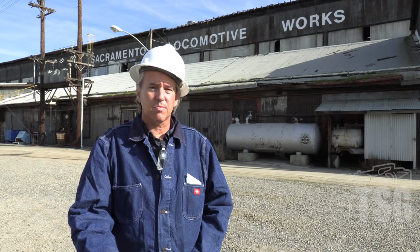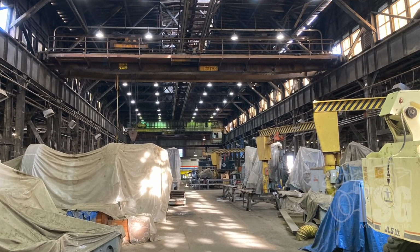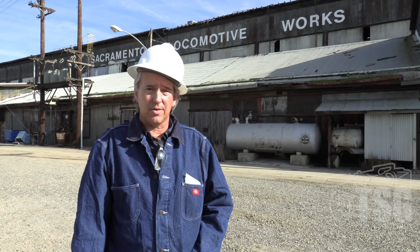We are really lucky to be able to do this work here at the California State Railroad Museum shops. In the museum industry, people help each other. We're a very small industry. We don't have a lot of resources, so places like this, they have a lot of large machine tools that we don't have. So when we have something that we can't do and we have the chance to do it here, it makes real sense to do it for us because we can come up here and help, save a little money by using our volunteers to help the